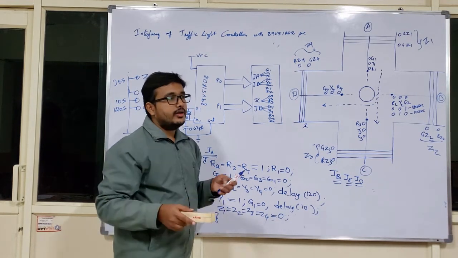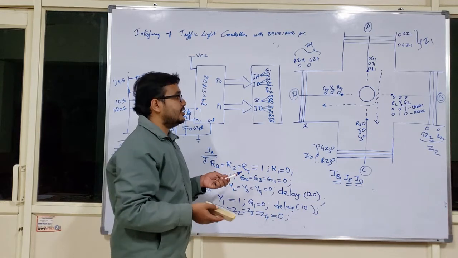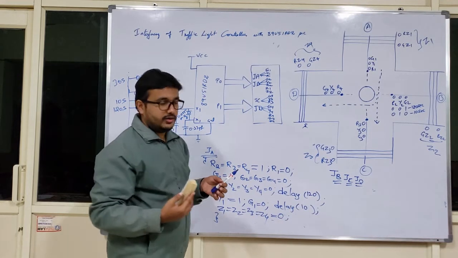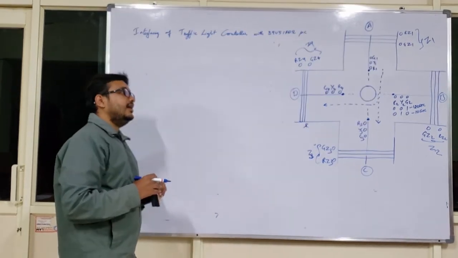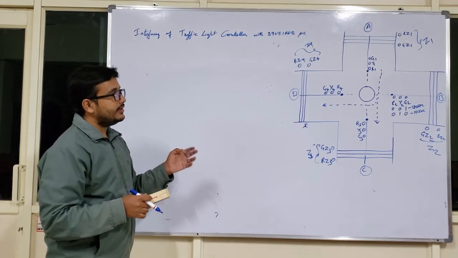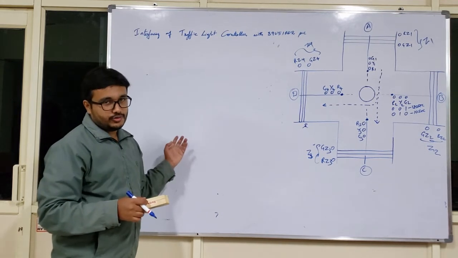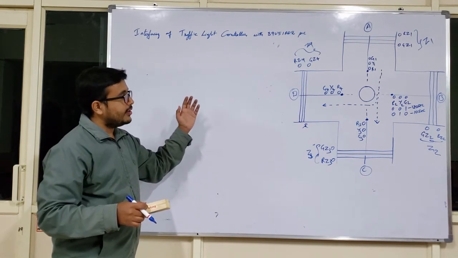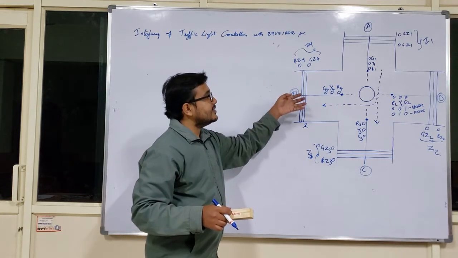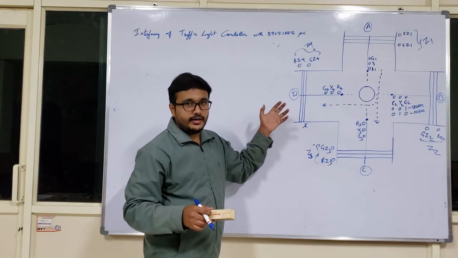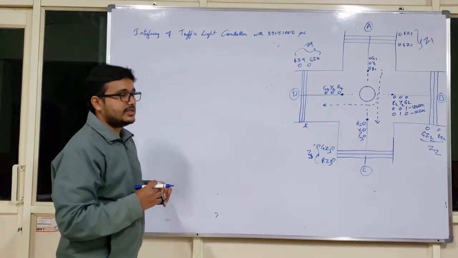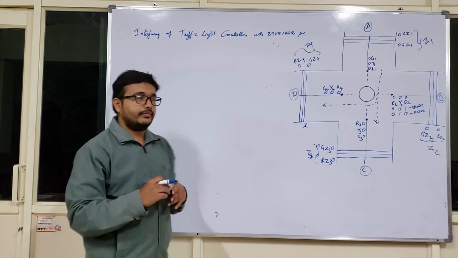Let me give the hint how to develop the programming such that you can do the programming for your 8051 microcontroller. I have mentioned that port 0 and port 1 are acting here as output ports, and the output from your 8051 microcontroller is taken and given as input for your traffic light controller kit. Now we will see how to do the programming. I just give you enough instructions and it is your job to complete the program.